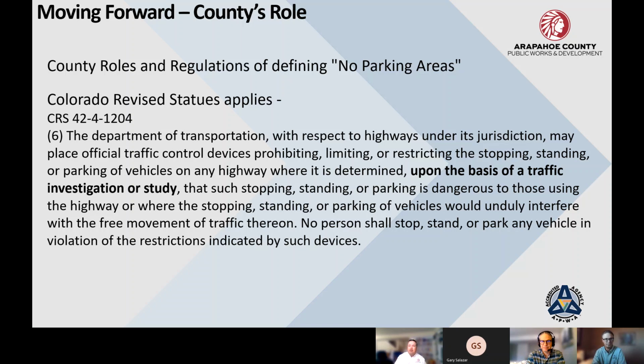The Colorado Revised Statutes section that applies is 42-4-1204, and the highlight that I wanted to put in here is that the Department of Transportation, with respect to the highways under its jurisdiction, may place official traffic control devices prohibiting, limiting, or restricting the stopping, standing, or parking of vehicles on any highway where it is determined upon the basis of a traffic investigation or study,